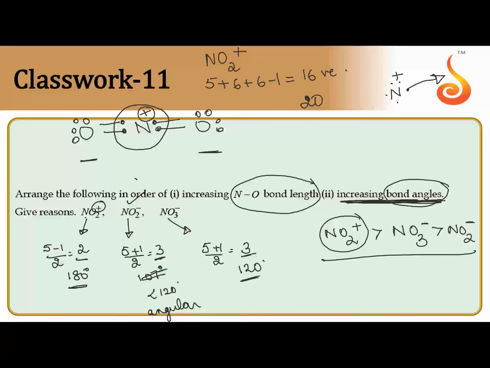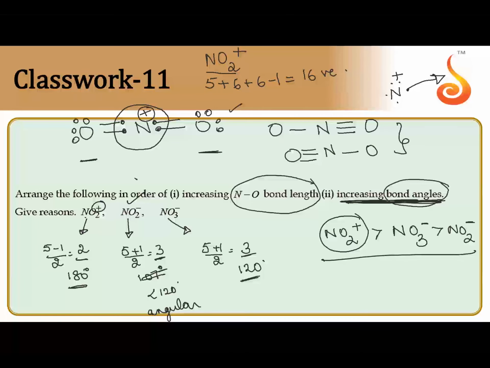So that's what is my structure. See, NO2 plus it is. That's why it is NO2 plus. Now if you count this, you'll get correctly. So what is the bond order here? Bond order is 2, the number of bonds between 2 atoms. Even if you write resonating structures, you can put triple bond here, single bond here, or triple bond here, single bond here. These structures are not that contributing towards the actual structure. This only is the correct resonating structure.